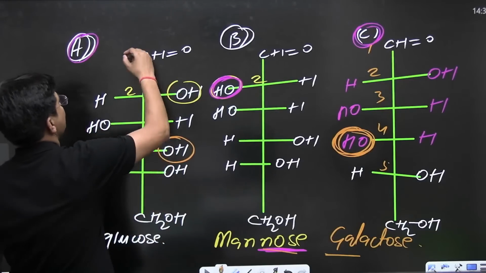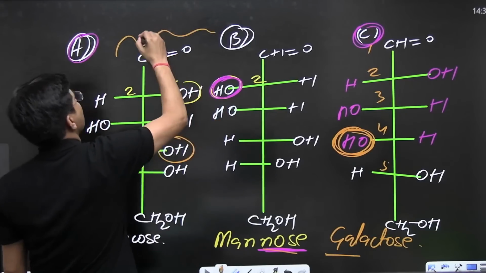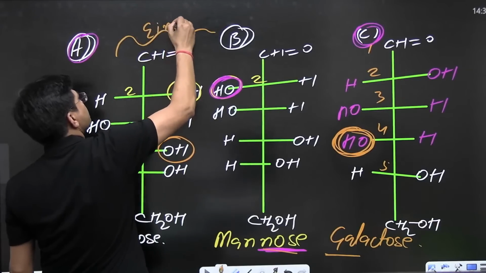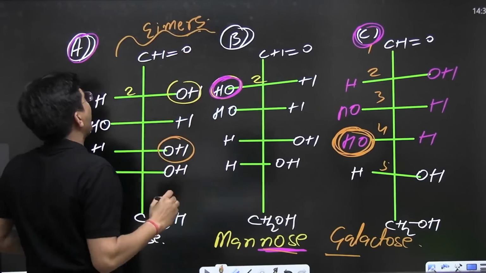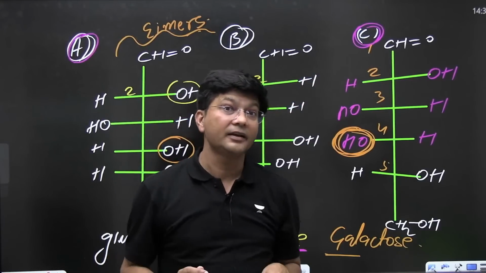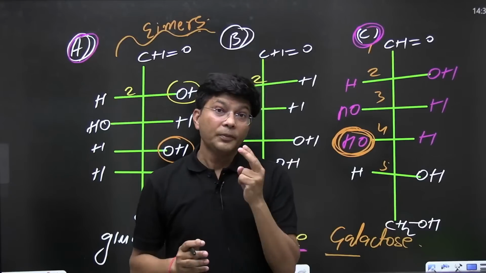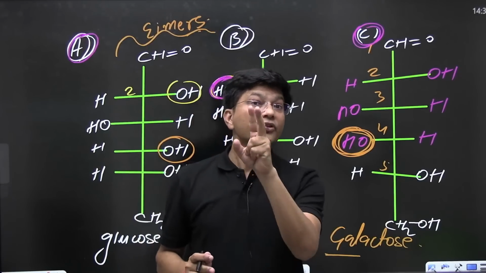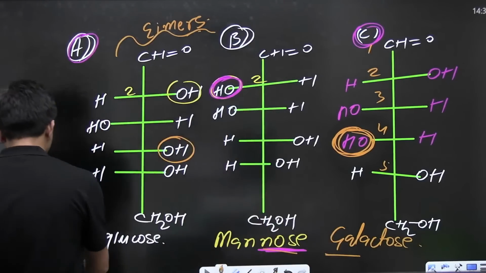So these two are epimers. And A and C are also epimers, but B and C are not epimers. Why? B and C are not epimers because they differ at 2 carbons. So my dear students, let me tell you,